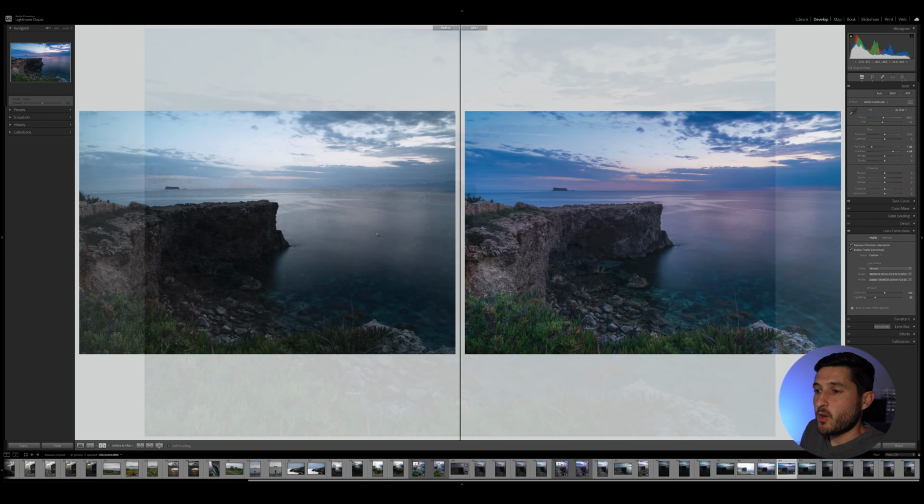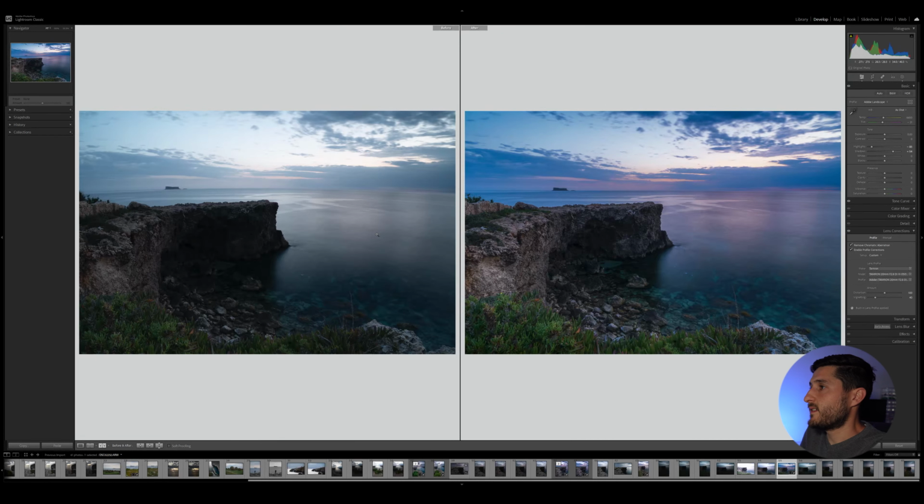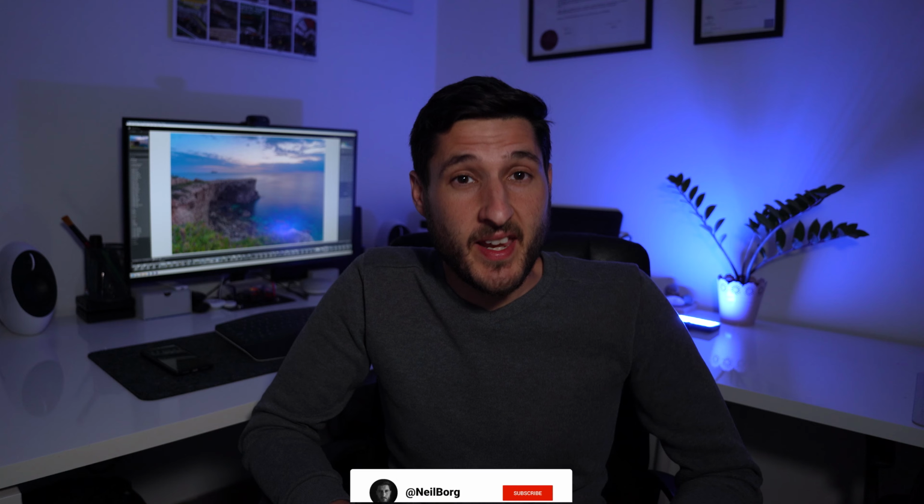So let's go ahead and compare the before and after of this shot, and you can see right here what a difference a few color range masks can do to an image such as this. The image was purely a flat image with little to no color at all, and we've created a really vibrant sunset with very few masks. So I hope that you enjoyed this tutorial, and I really hope that you can utilize this kind of technique on your